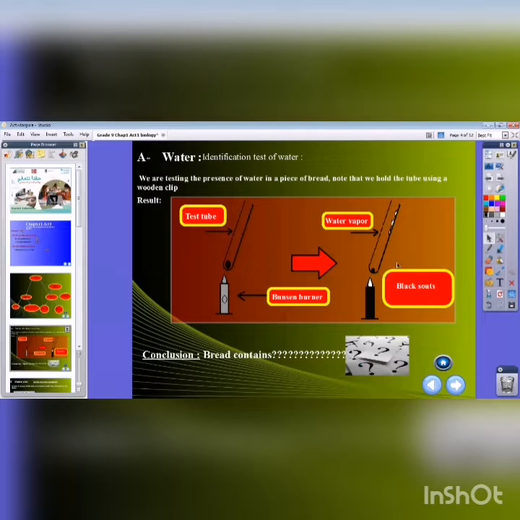Like this, we can show that bread contains water. This is the identification test of water, and we can make an experiment for all the kinds of